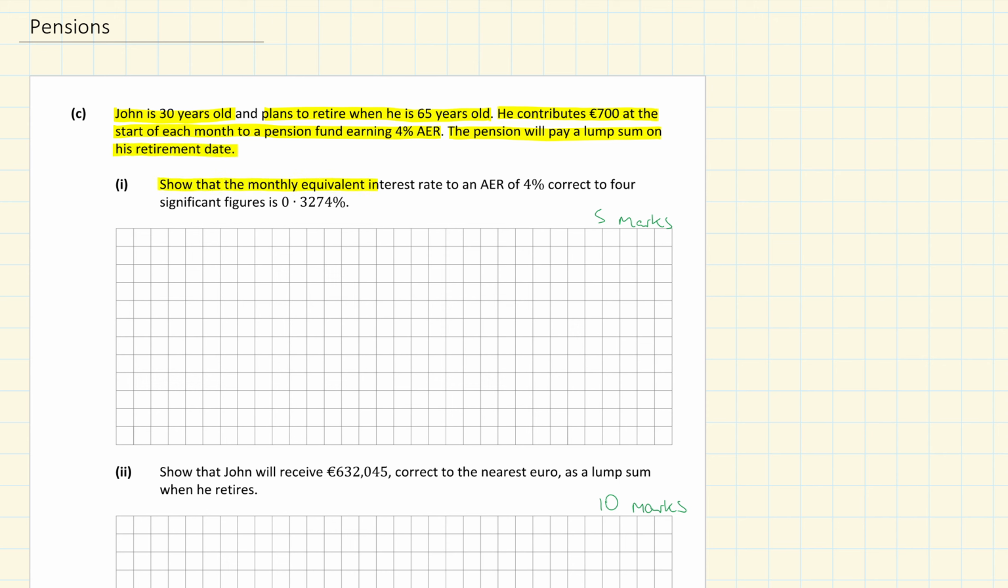Okay, show that the monthly equivalent interest rate corrected for significant figures is 0.3274. So we have 1.04 is equal to 1 plus r to the power of 12. So the 12th root of 1.04 equals 1 plus r. So r then, so the 12th root of 1.04, we get